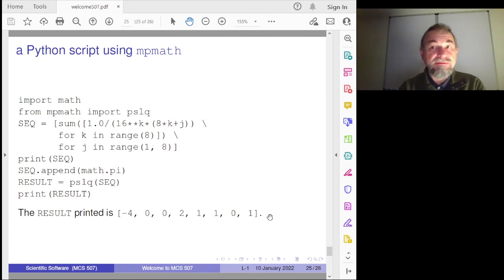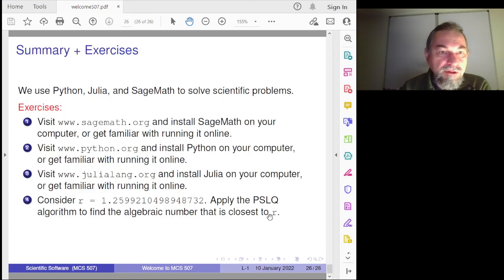Alright, so this is an illustration of what you can do at the arithmetic level with one built-in package, mpmath, and the PSLQ algorithm that is exported by this module. There is a last exercise that asks you to experiment with this. But what is most important